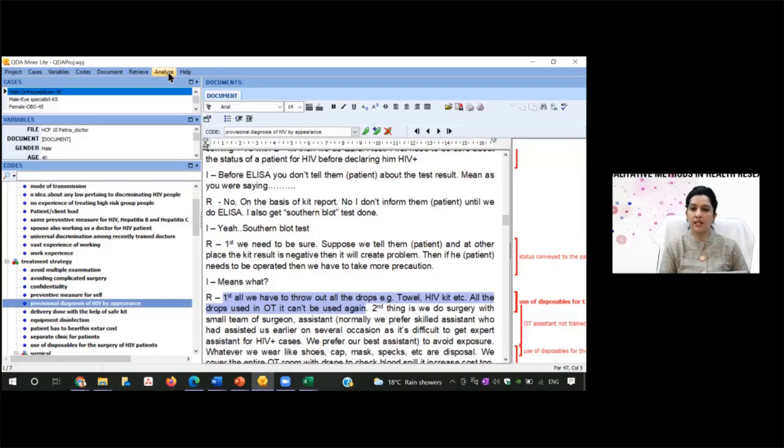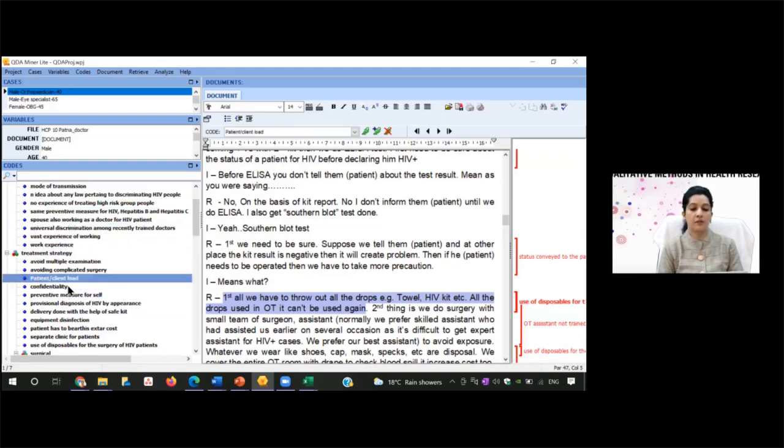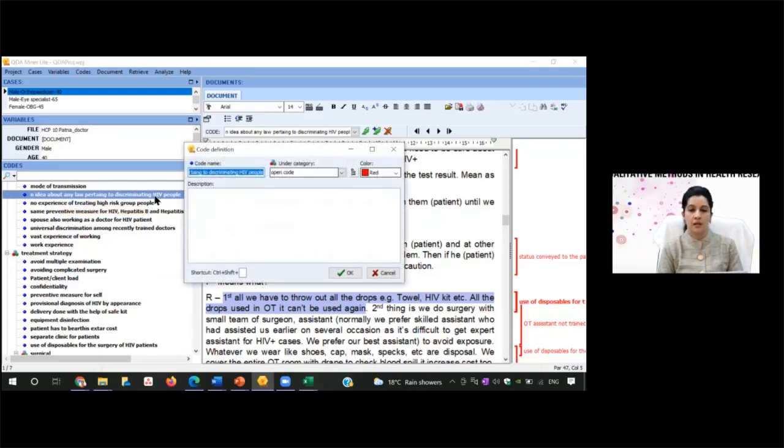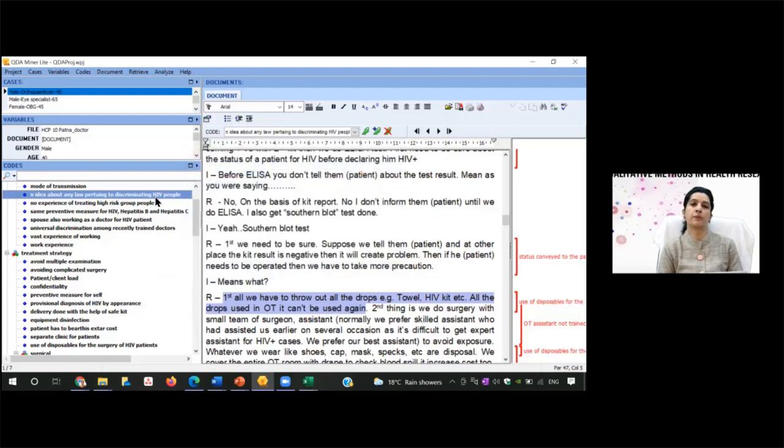Anyone who has got any confusion? Because once you are done with your category, you can drag and drop. This option of drag and drop is also there. This was only for the first time when you make a category, but for the rest of the codes, I want to put this in treatment strategy, I will just drag it and drop it in the treatment strategy. Then I don't need to right click and edit code. Every time you don't have to put the category like that. That is only for the first time. And the rest of the time you can just drag and drop the code to that particular category.